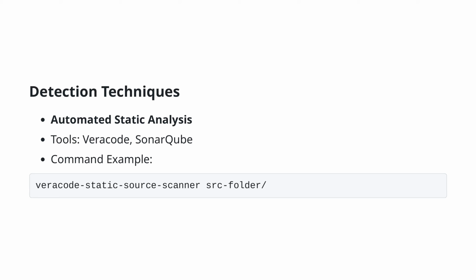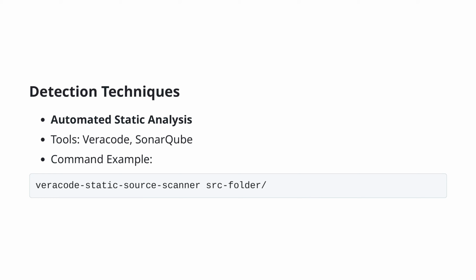For instance, you can use a command like Veracode static source scanner src folder to start scanning a specific source code folder using Veracode, which will then provide you with a detailed report of any detected security issues. Effectively leveraging these tools can significantly enhance your ability to detect and mitigate SSRF vulnerabilities before they can be exploited